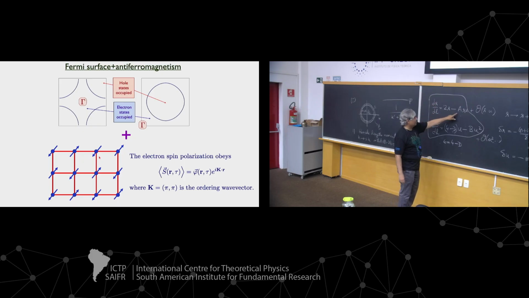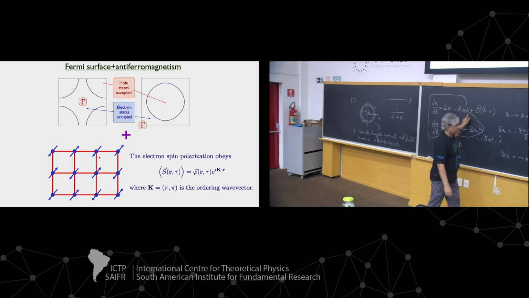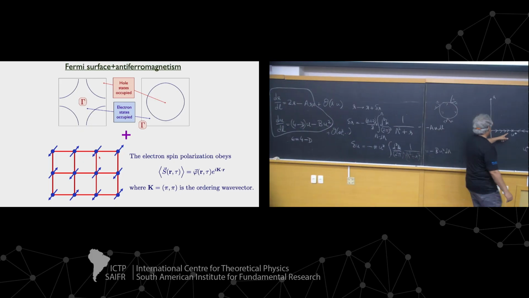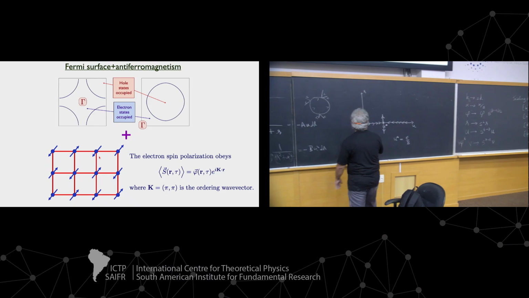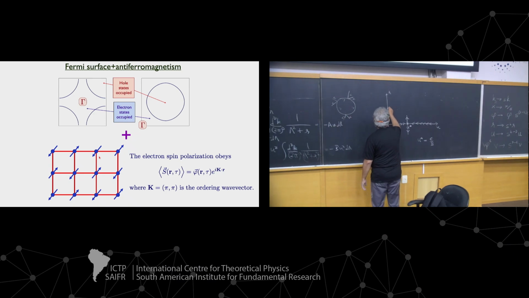And if you look at the flow of r, that flows away from r equals 0. At this point, you will find that the flow of r looks something like this. It flows this way here and this way here, whereas on this side, it flows like this. So there's some flow like this if you draw the flow lines, if I get this right, like this. And then down here, it flows this way.